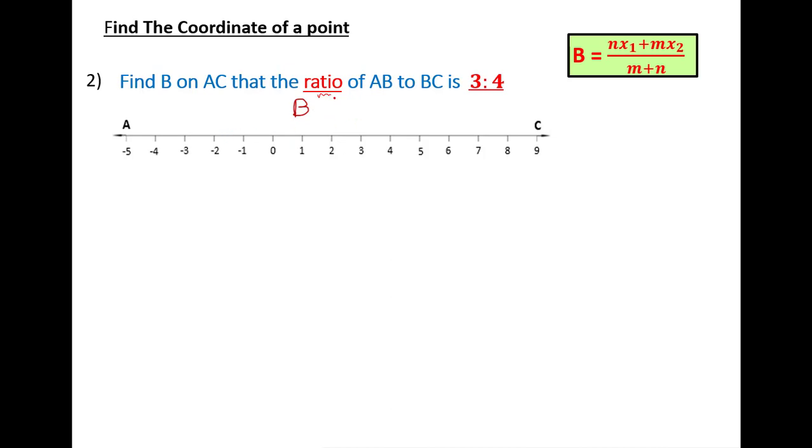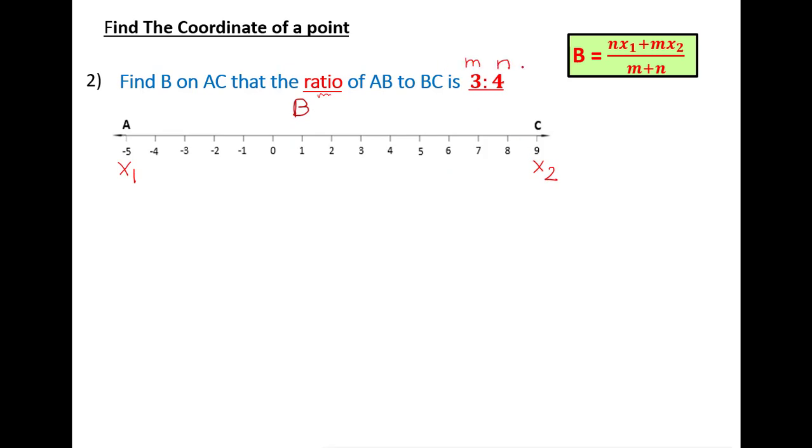Whenever I see the word ratio and I find the ratio written, I will use another rule, which is simply B, which is the coordinate point that I want to find, equals nx1 plus mx2 over m plus n. What are my items? Here, this is x1, and this last point is x2, and this is m,